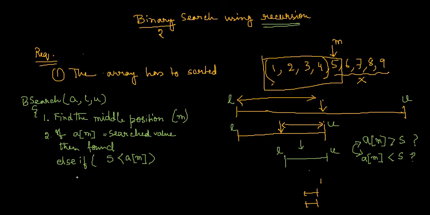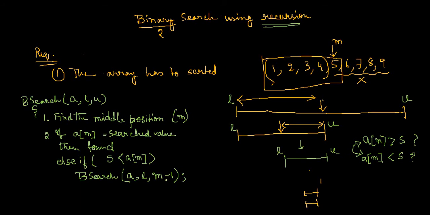That means the binary search function that I will call over here must have A over here, fine. And L will remain same, you see. So L remains same. But now U should be adjusted to where? To the data before the middle one. Because I have already checked the value is not present in the middle one, so involving the middle value is not making any sense. That's why I am considering now U as M minus 1, the previous position, right?